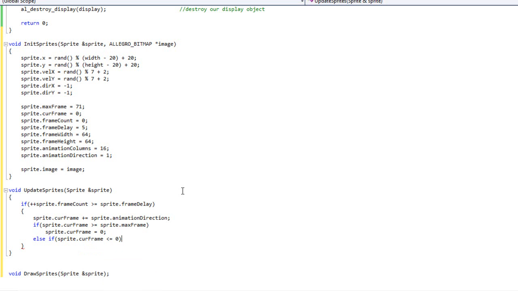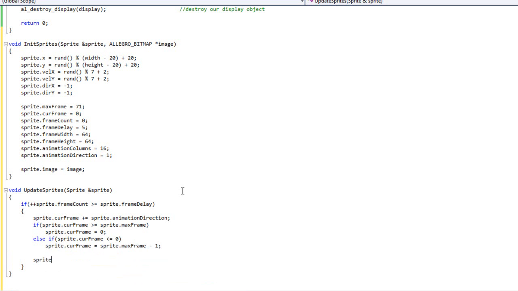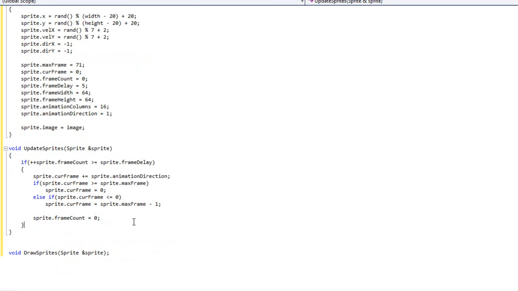Sprite.currentFrame is going to equal Sprite.maxFrame minus 1. Alright, and then Sprite.frameCount equals 0. Okay, so that's our animation, nothing new here, and then I'm going to do Sprite.x plus equals